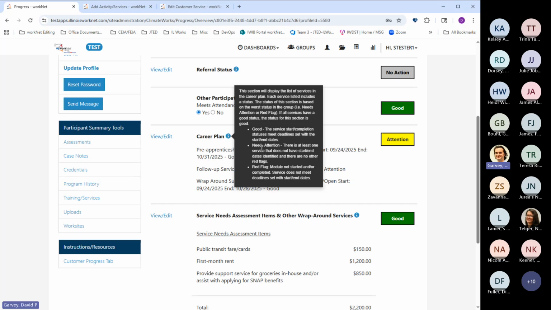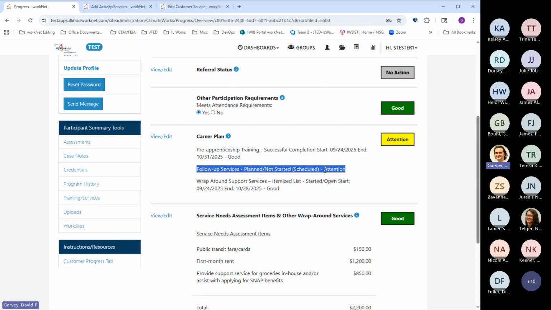we have currently, so it's yellow. There's at least one service that does not have a start or end date identified. And so what that is looking at is this follow-up services, which currently has planned, not started. But when we update this to started open, this should change here.